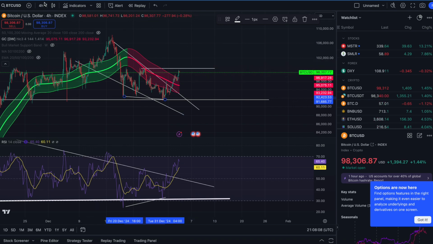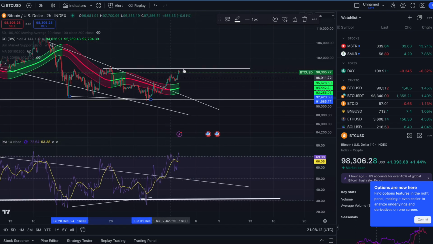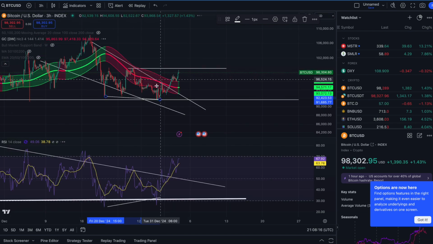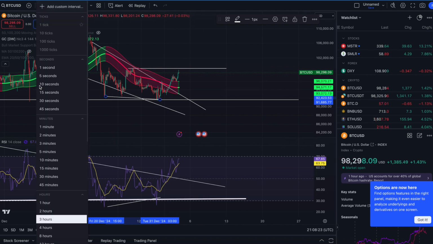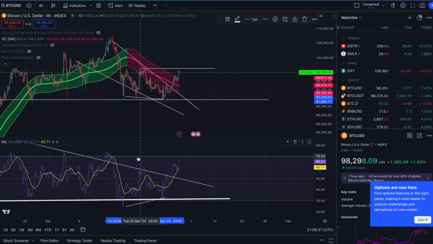You know, Bitcoin, look on the lower time frame. If we look at the 2 hour, we can see that we actually did flip green. And looking at the 3 hour between the 2 and 4, the 3 hour just flipped green, and you see there's more room to run to the upside. So this is looking very good, a very good bullish setup as we stair step our way up. Everything is looking maybe to the upside.